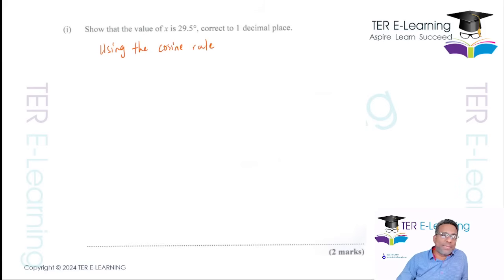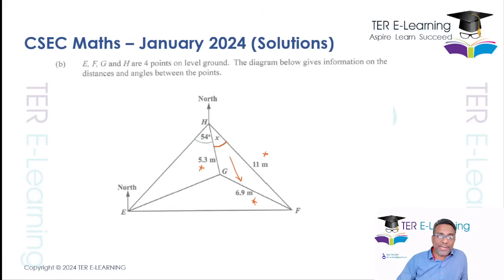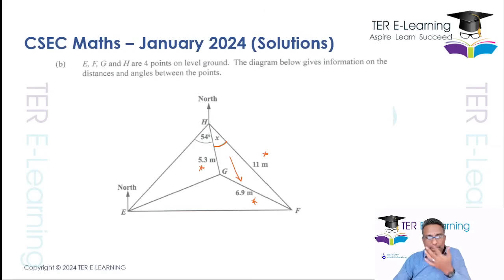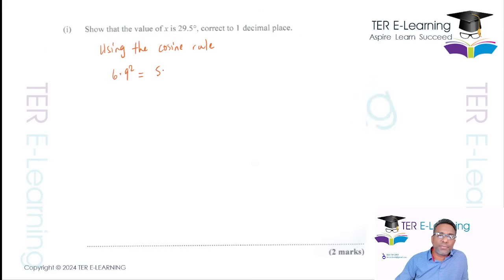The side opposite the angle squared, which is 6.9. So this is 6.9 squared is equal to the square of the other two sides. So that's 5.3 squared plus 11 squared minus, open brackets, 2 by 5.3 by 11 by cosine angle X, right? So that's a formula that we're going to be using. That's the cosine rule here. So 6.9 squared,